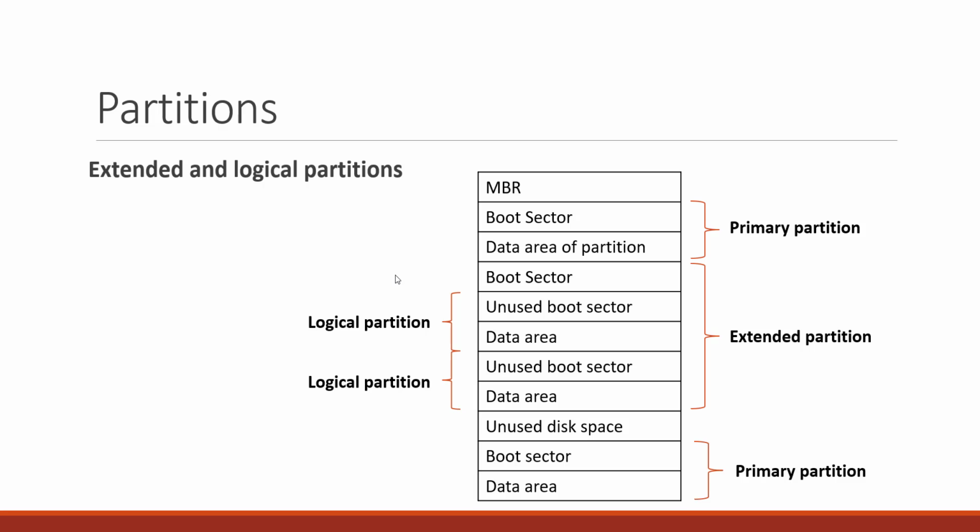If it's not there, then they should have their default disk utility. I know they have a graphical user interface disk utility by the name Disk Utility in Mac, so that is used. But for CLI, I think they still have Fdisk, so Mac users can try to find that out. So these are extended and logical partitions, and this is how they work, and this is why